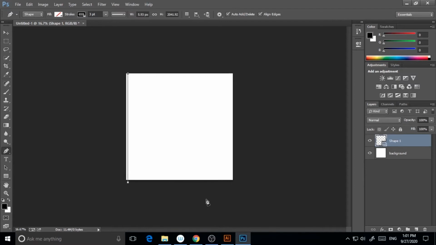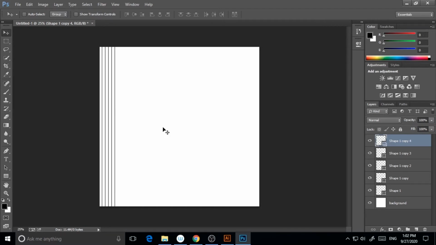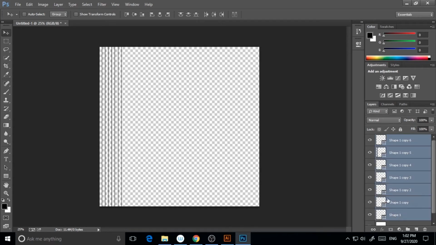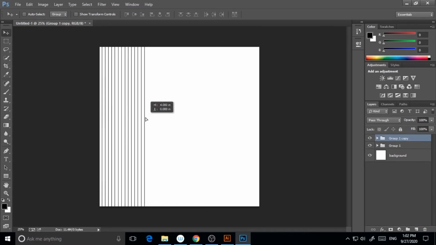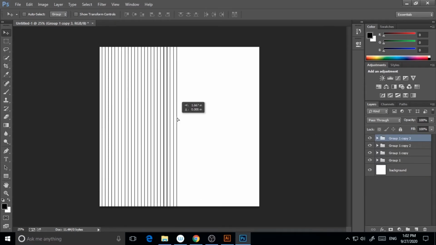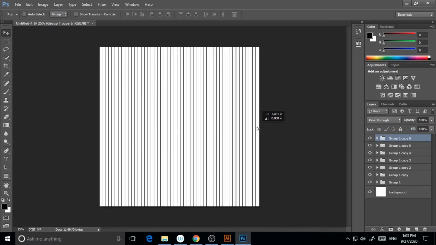So I will click the pen tool and click on the shape and set the stroke to 3 pt and just create a line and then copy it through Control J. Okay, so I'll repeat this until this point, and then I will group it, Control G, and I will again press Control J, so it's making a copy of that group, and I'm just shifting this to the right,